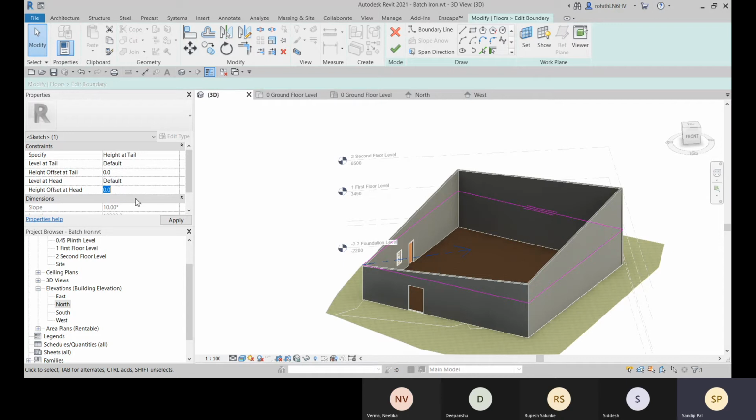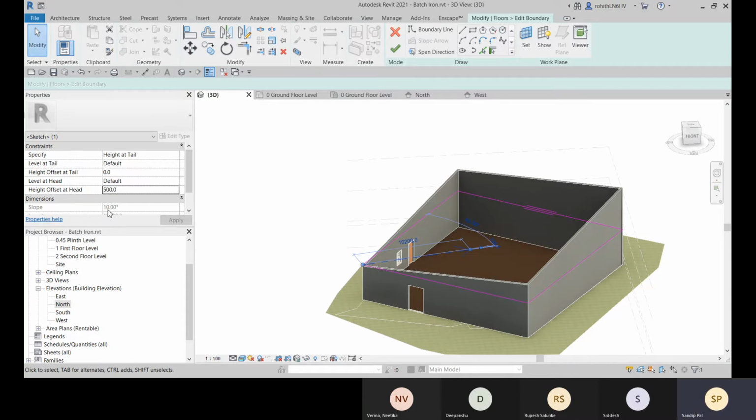Okay, so the level at head, that is set to default, that is the current level where the floor plan is placed, and the level at head is default, and then height offset you can provide like 500 height offset that you can provide, and from that slope will be defined.